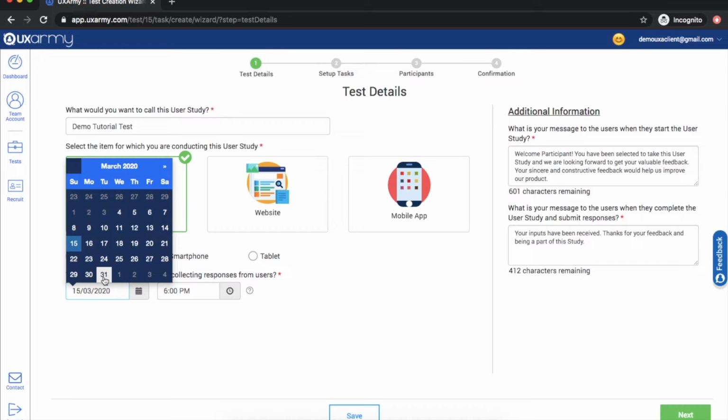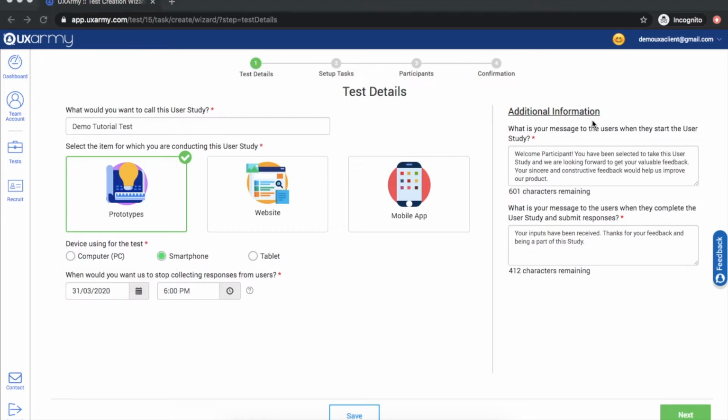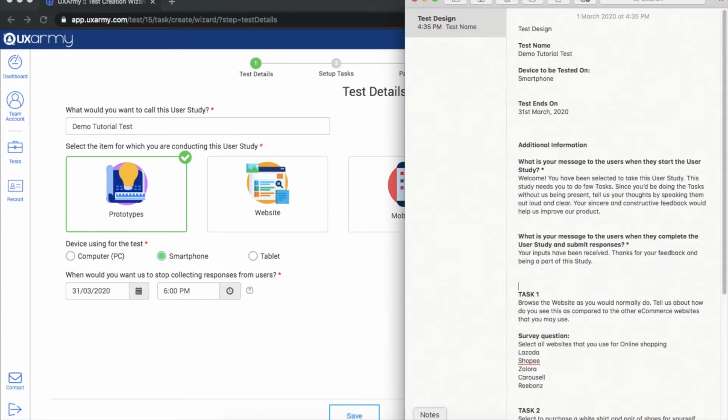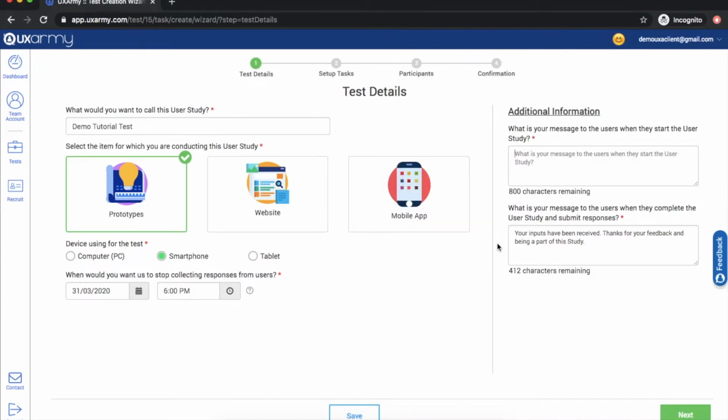Select a date on which you want this test to complete. On the right side, additional information can be added to welcome the testers and set high-level expectations. I would just copy and paste the message from the pre-prepared text file here. This replaces the existing placeholder message. Similar to the welcome message, the message shown to the testers at the end of the test can also be edited. Now that all the items in the first step are up to date, let's proceed to step 2